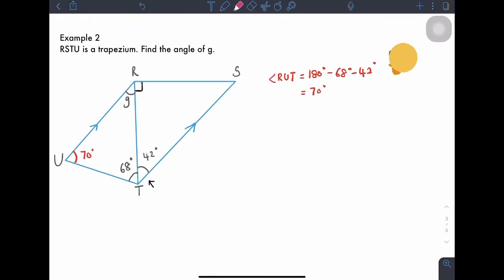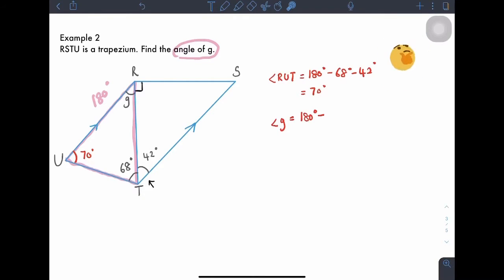Okay, let's look at this. Now we want to find the angle of G, right? This is a triangle, right? The sum of angles in a triangle will always give you 180, correct? Now, to get angle G, it's pretty simple. We just take 180, because this angle plus this angle plus this angle will give us